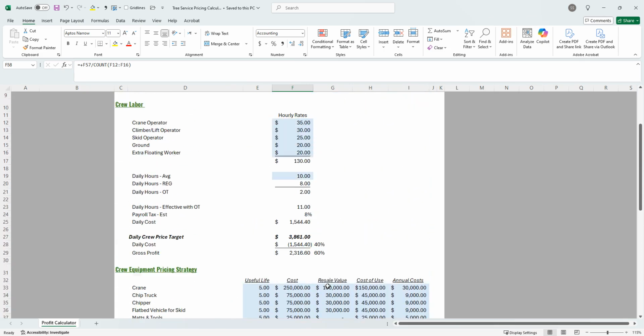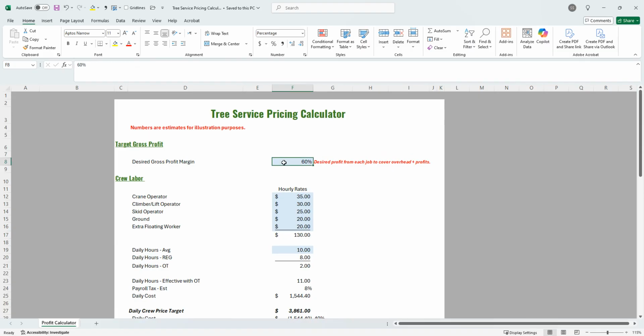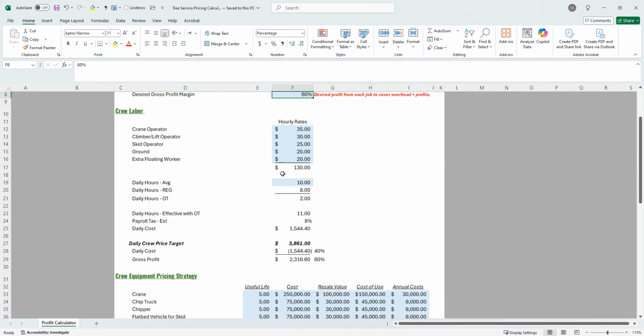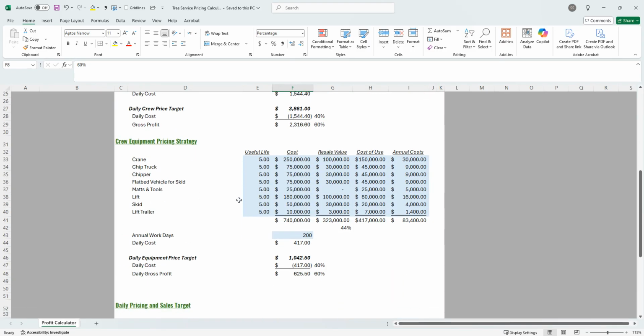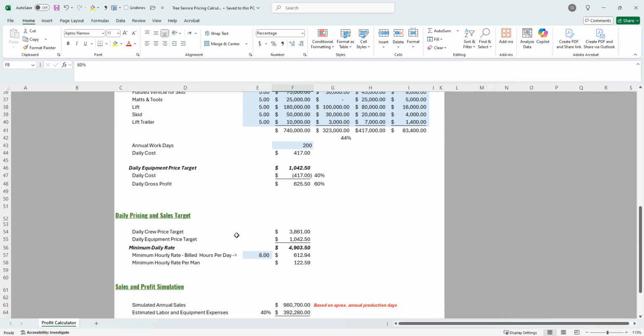So we've gone through the exercise of setting how much profit we want left over on a gross margin basis from every dollar of sales. We went through our crew labor costs to make sure that we're incorporating as much as possible the time that they're standing on the side smoking and having a break, or eating lunch, or coming in and getting ready, or at the end of the day cleaning their trucks. We take our equipment, which we need to do the job, and turn it into a tangible cost that we could sell and pass through in our service. We then take those together to build a high-level price that we set as a target